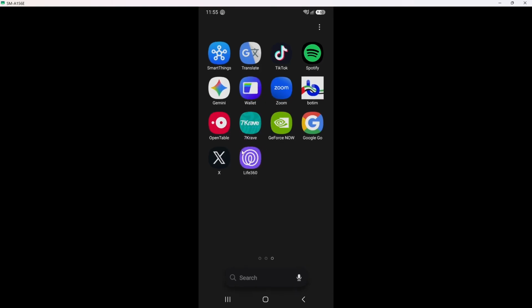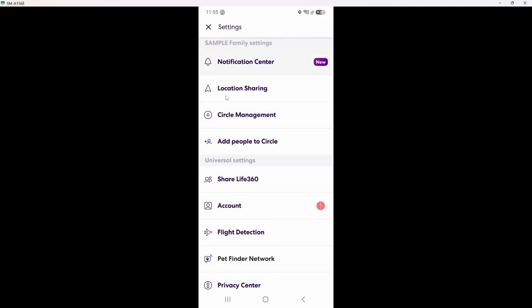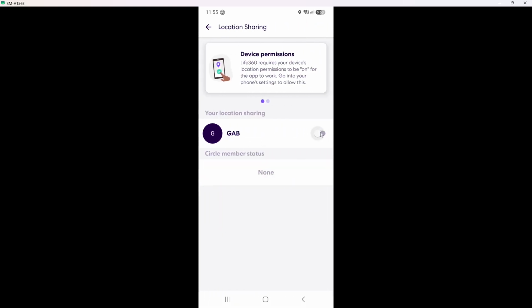At this point, you have successfully turned off location sharing and effectively stopped Life 360 from logging any future location history. This process is crucial for keeping your movements private. You can always return to these settings later if you decide to share your location again. Your privacy is now better protected and you can feel more secure moving forward.